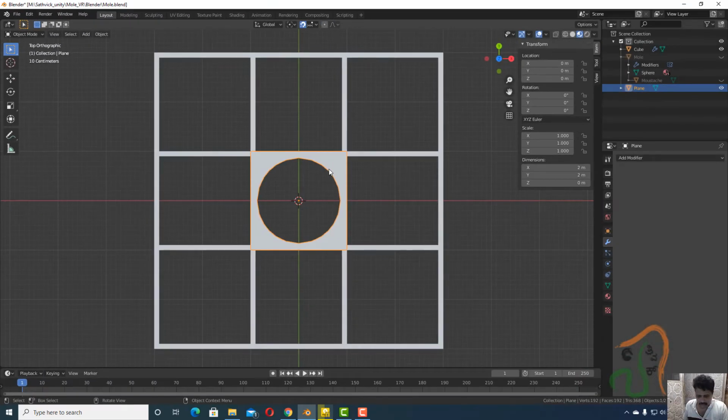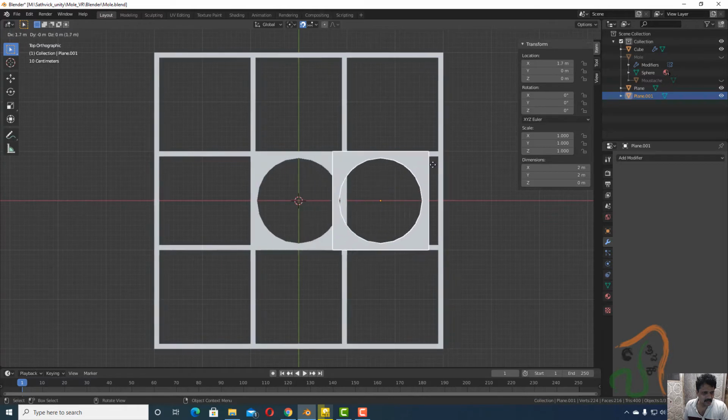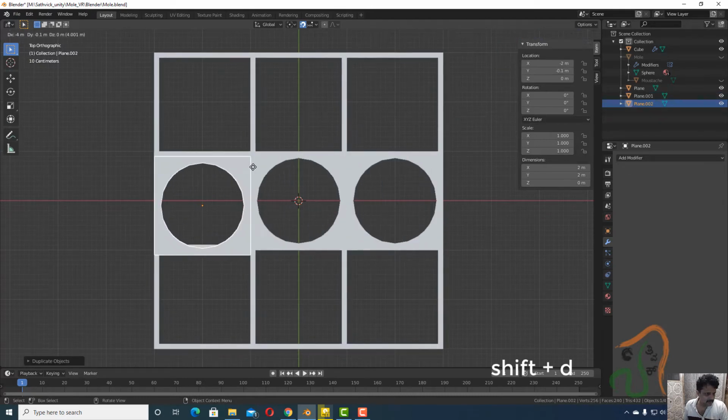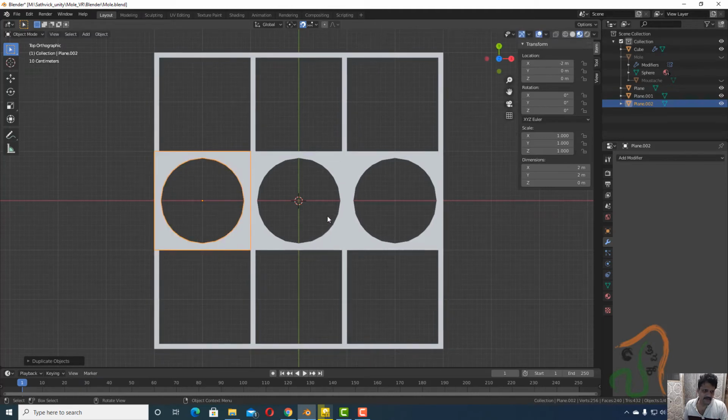Now press shift D, it gets duplicated, and drag it along the x-axis, and see that because the snapping is on, it will get snapped correctly. So let us snap it and bring it to the right end over here. Then again press shift D and drag it and snap it and bring it to the other end here.